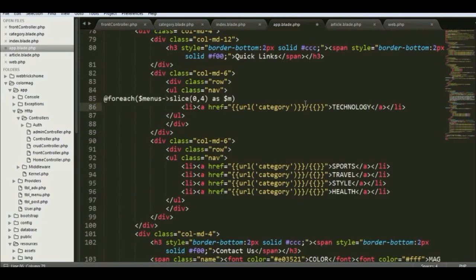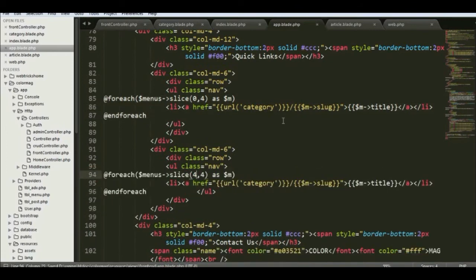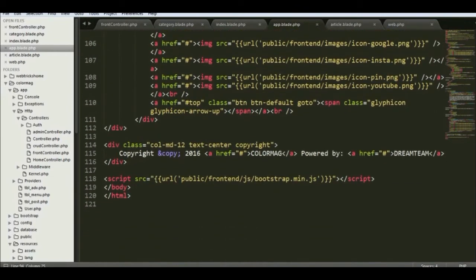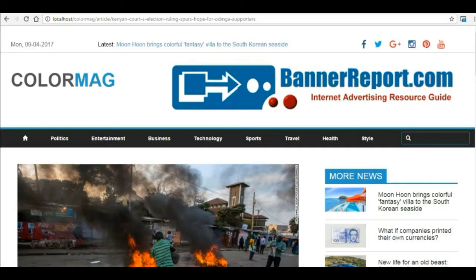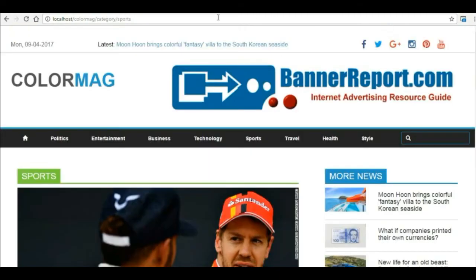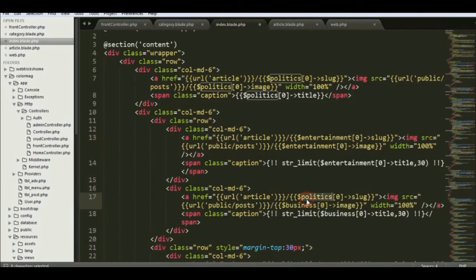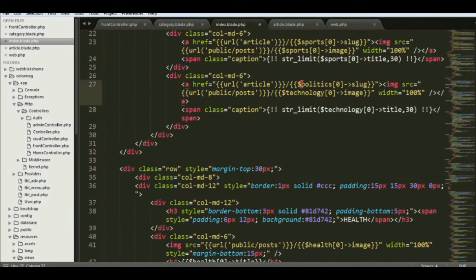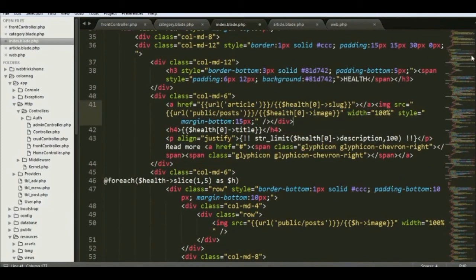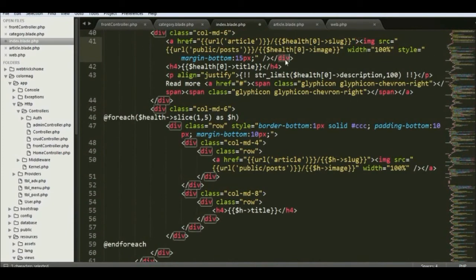And breaking it into 2 columns, 4 in each of the columns, right? So that will be index 0 to 4 and 4 to 4, and that's all for the app. After Blade, refresh the file, and you can see links on the bottom left corner, right, and the links there for the single post as well. So that's the latest news section. So the last thing remaining is we're gonna add the link to the article page for all those posts one by one, starting from the index page, going through all those post links,